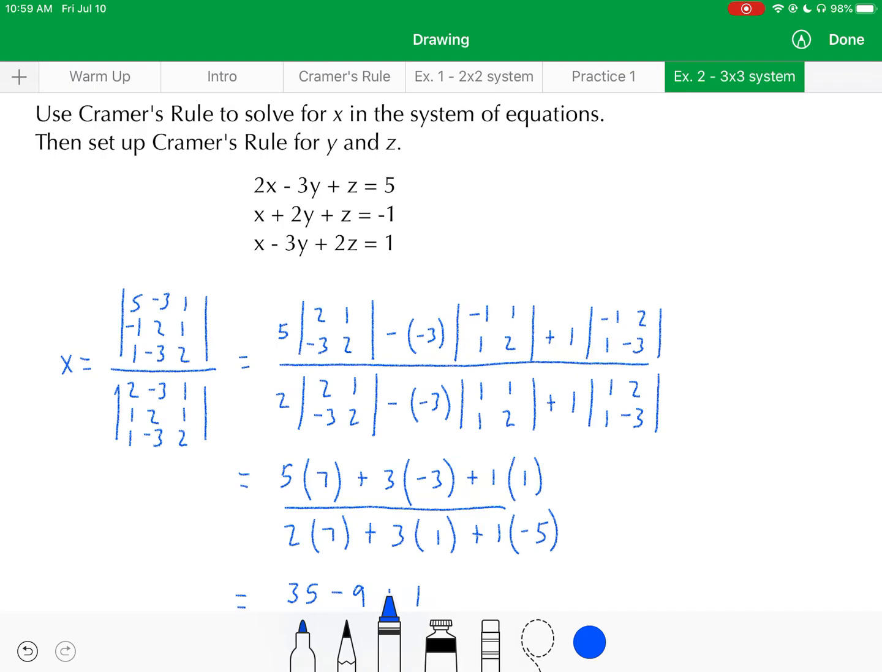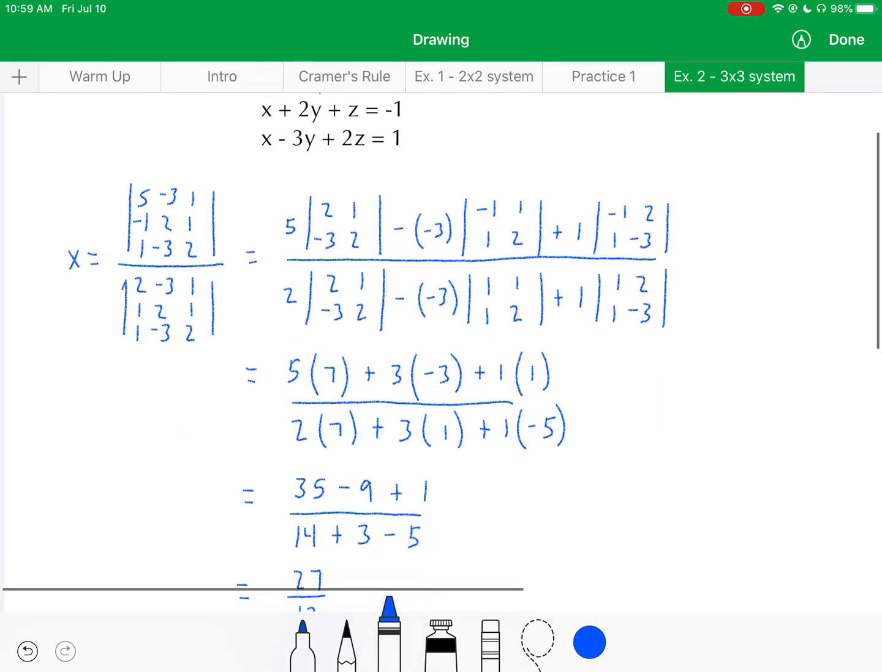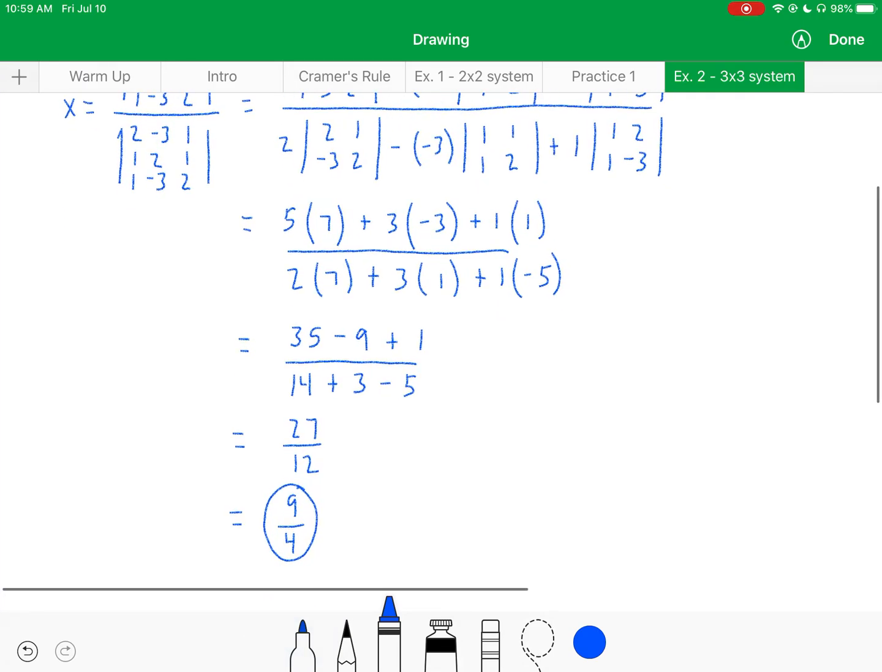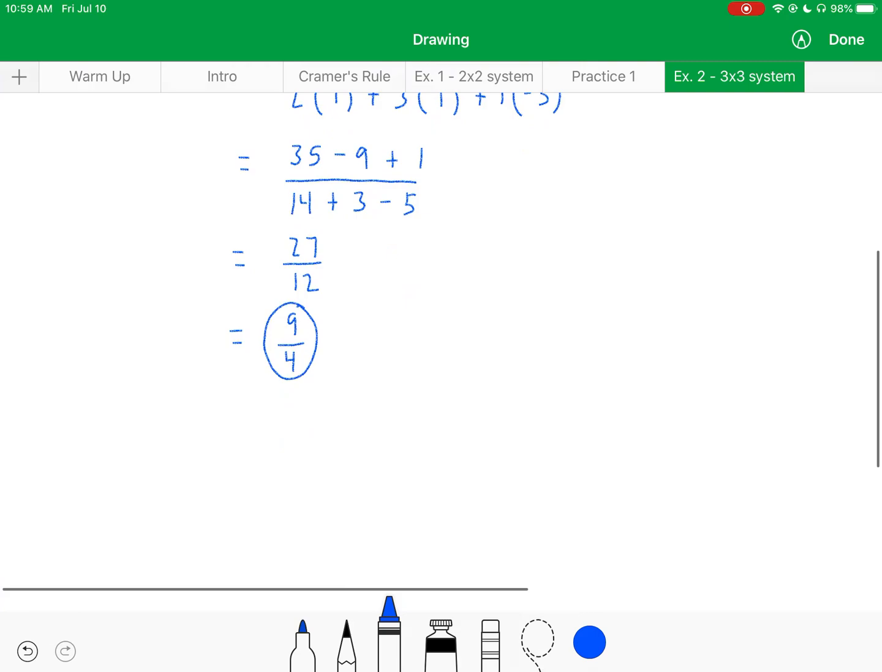Okay. So the good thing is you already know what the denominator is going to turn out to be. It's going to be the same determinant as it was for the denominator of x. So that was a 12. Okay, it's just the numerator that will change a little bit. All right, so let's say we wanted to solve for y